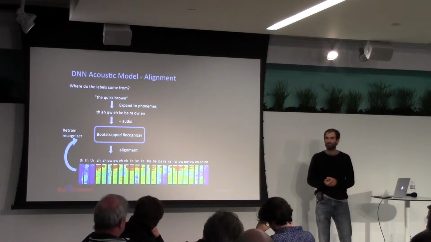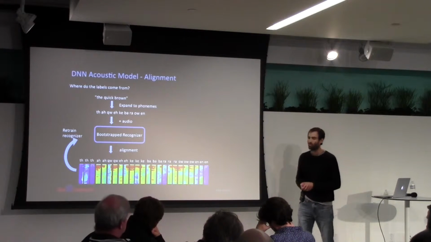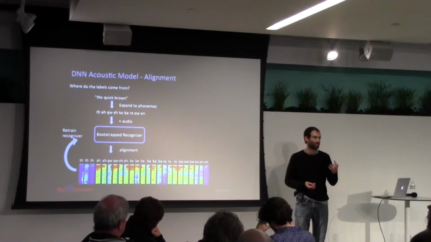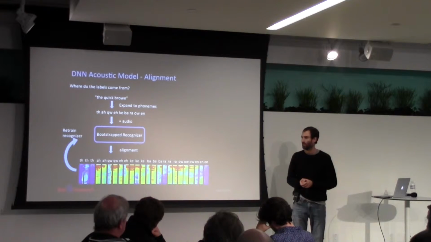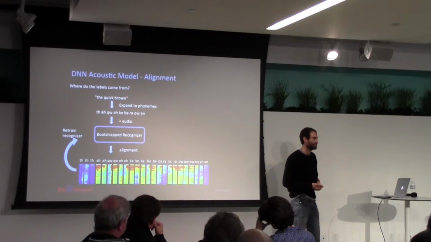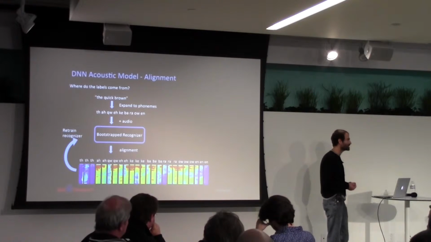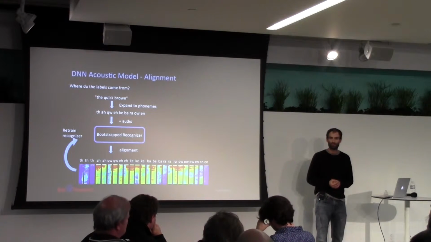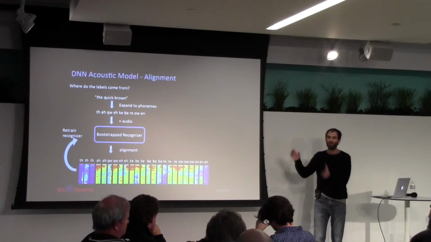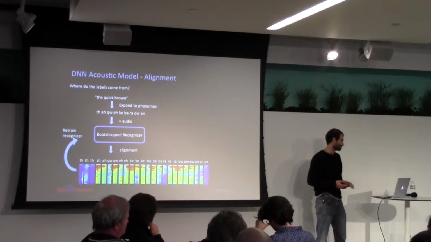But as you can imagine, this process is somewhat brittle. Brittle in the sense that if you start out with something bad, you're going to end up with something bad. You can't bootstrap from something awful, right? And errors have a tendency to propagate. So again, we want to remove this from our process.